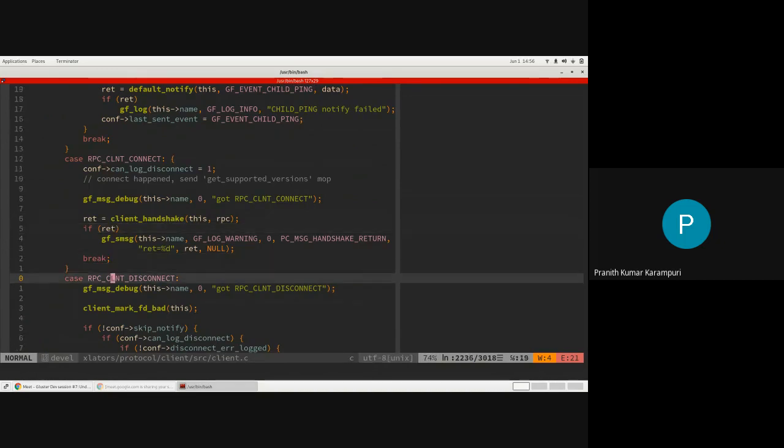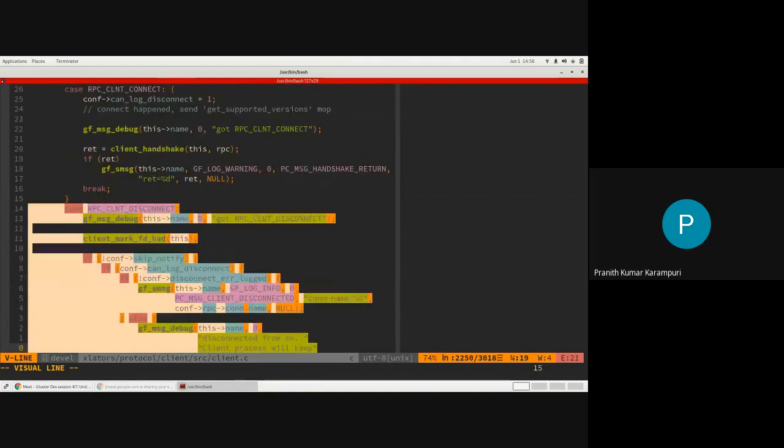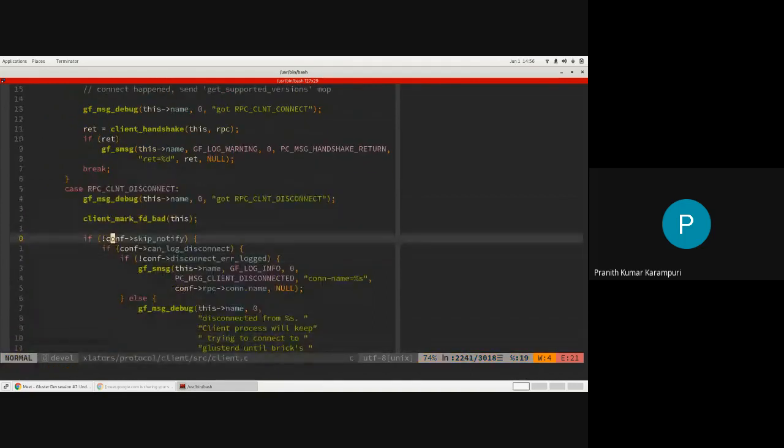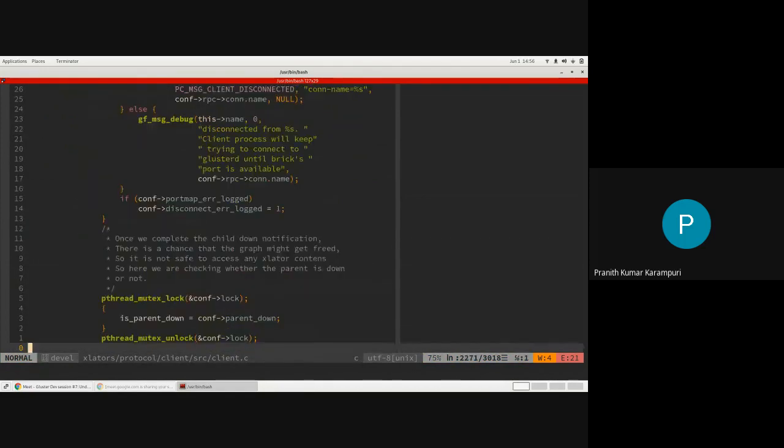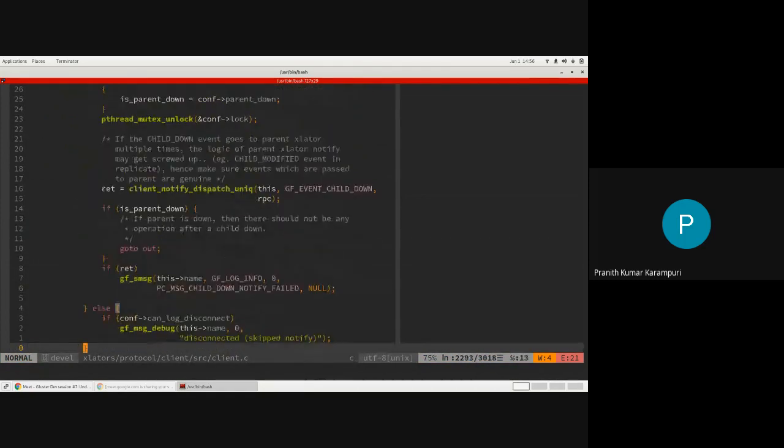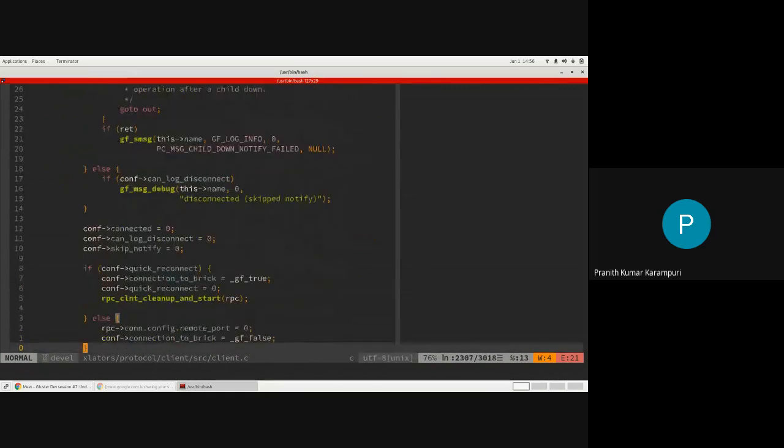The first disconnect that it has done with glusterd will lead to this RPC client disconnect. It would have already also set this skip notify, so it will skip the notification, and then it will do a quick reconnect, which is the connection to the brick.